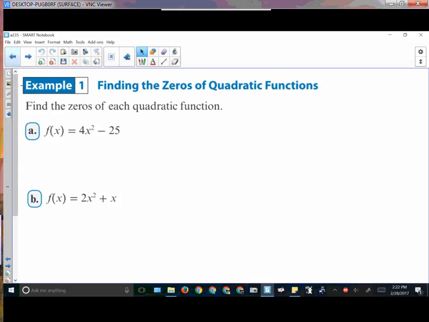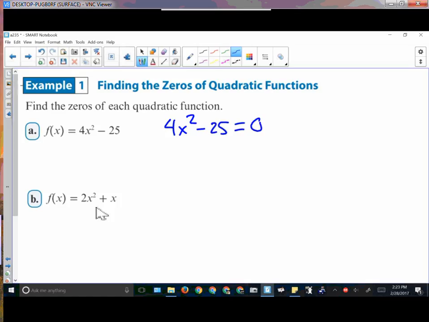I want to find the zeros of each of these quadratic functions. So when we start off with something like this, what we are going to do is rewrite it as 4x squared minus 25 is equal to 0. I want to know when that's going to happen. Now, you guys remember all the factoring that we've done? This gets used here. So 4 is a perfect square, x squared is a perfect square, 25 is a perfect